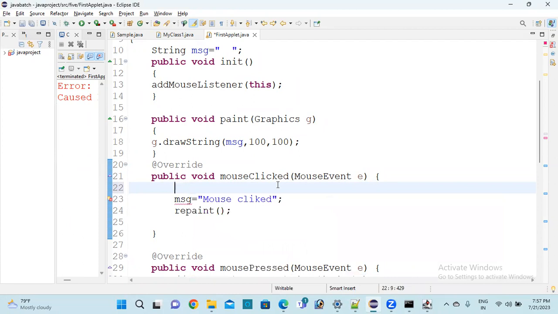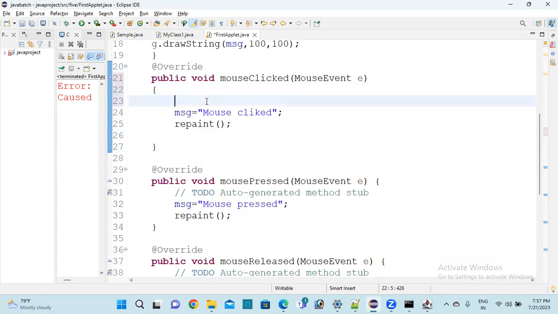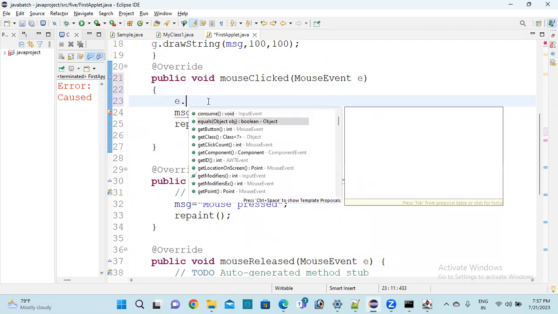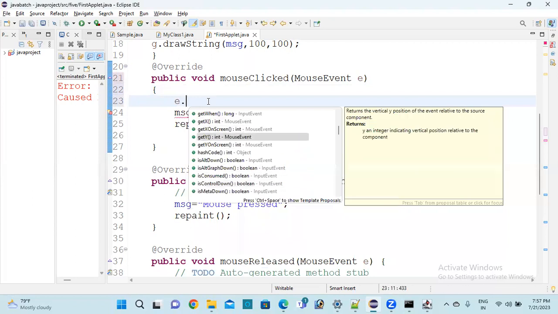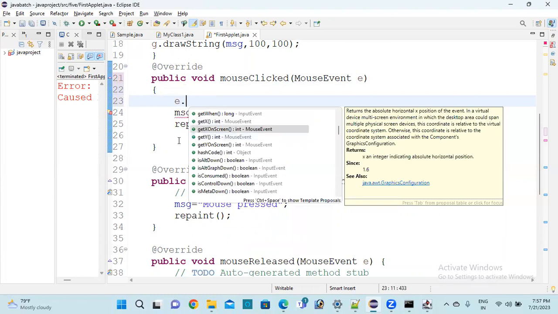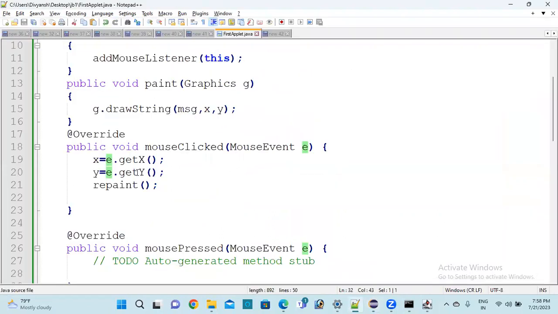So in every opening brace and closing brace, you can use these many methods. In that, I am using e dot getX, e dot getY. All the related classes and objects are available in this class. So what I have written here, e dot getX, is nothing but getting the x and y coordinates, and the x